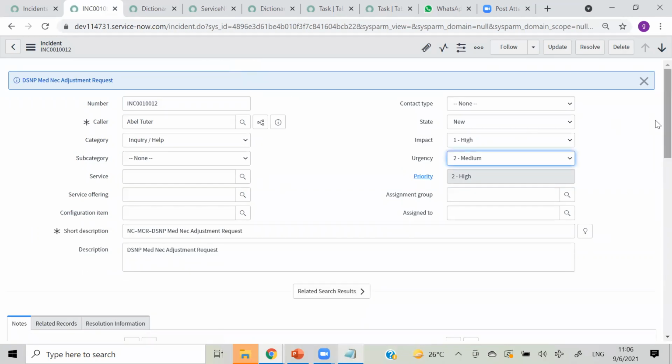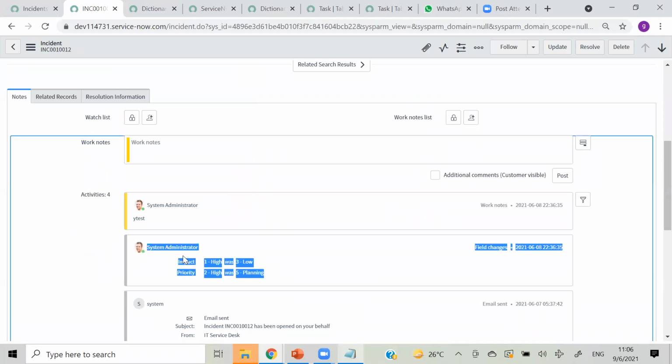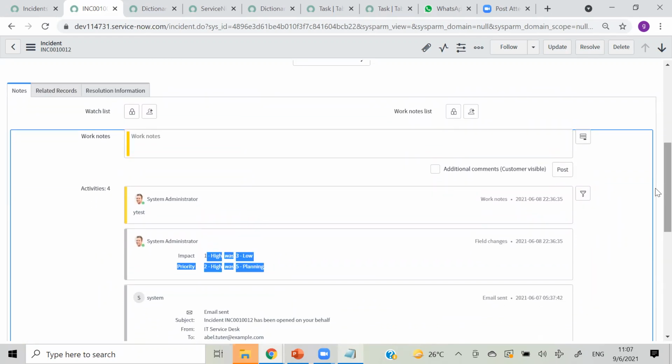On the bottom, you can see we have an option in activities, where we can show that. That is the purpose: what was the old impact and what is the new impact, what is the old priority, what is the new priority. You can check from here also. This is also a part of audit.